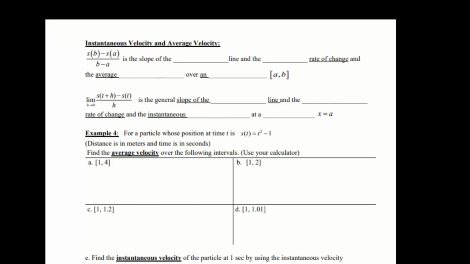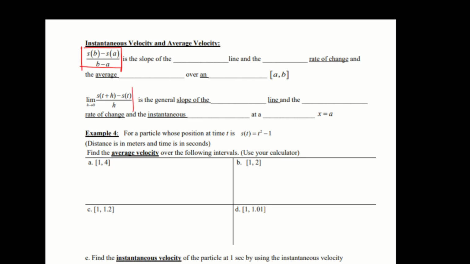Alright, this is Unit 12, Day 1, Part 2, Derivatives. We'll be dealing with instantaneous velocity and average velocity. The first thing that comes up on this page is our formula right here. That's going to find our average velocity over 2 points. We're given A and the function of A, B and the function of B. We'll be finding the velocity, the average velocity, or the slope between those 2 points,